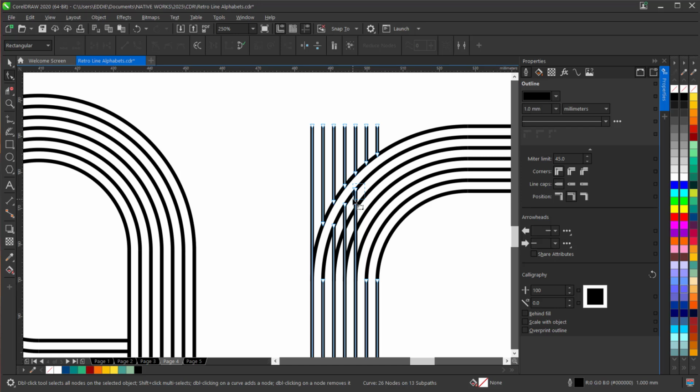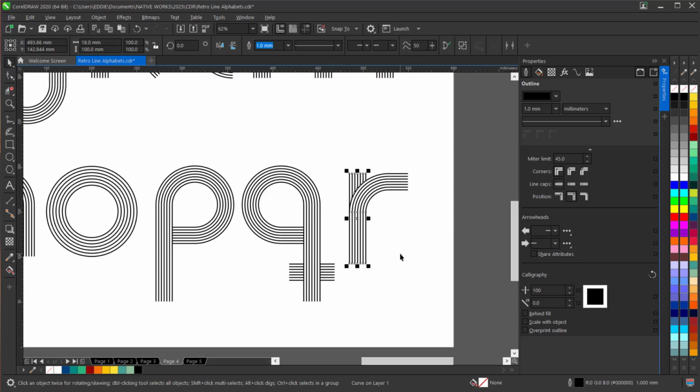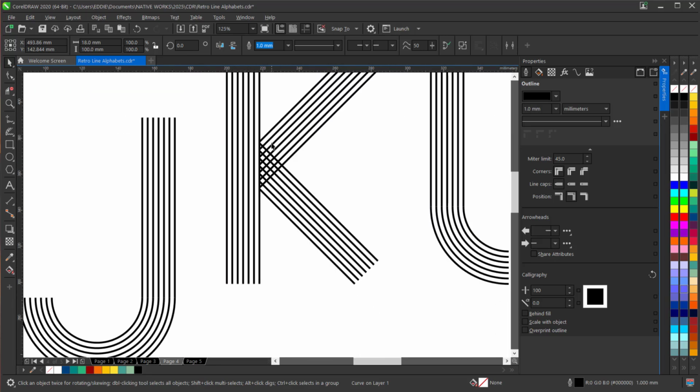You can double click on them to delete, but you can also click and drag from the node till it snaps to the node of the other lines. Whichever way is easier for you, you can go by that. Just click from the node, drag, and let it snap to the node of the other lines. And amazing, our letter R is also done.